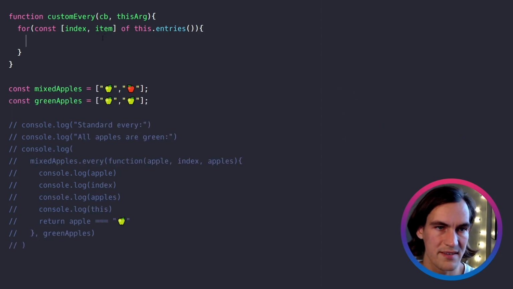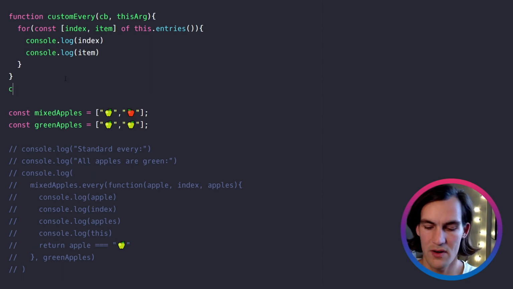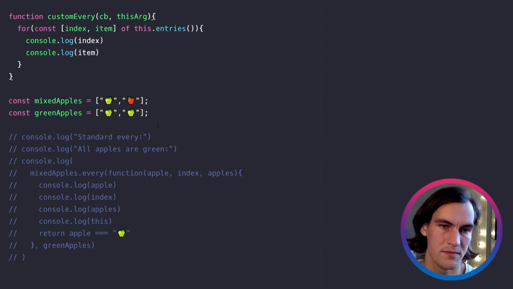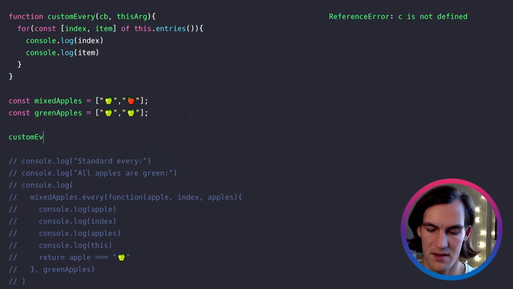So first let's just console log these two. Index, item. So I will call customEvery,